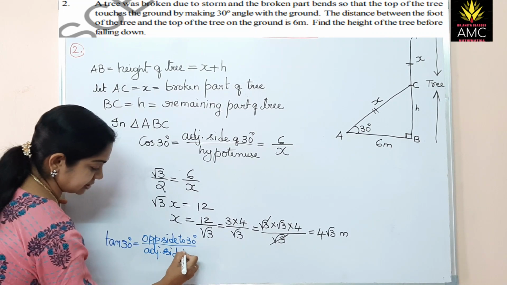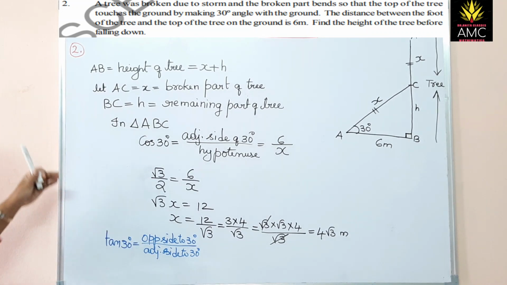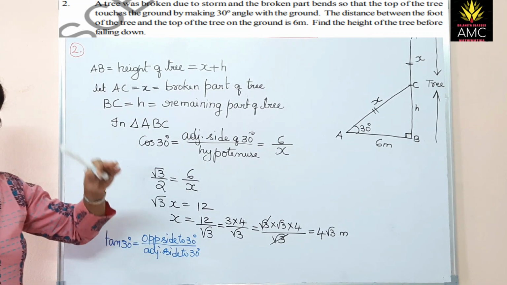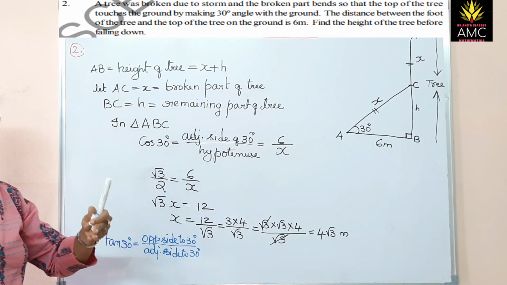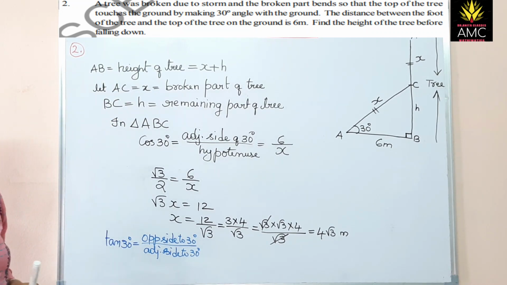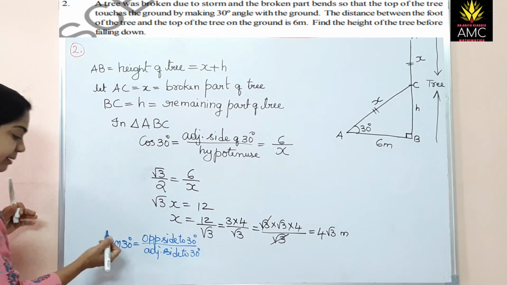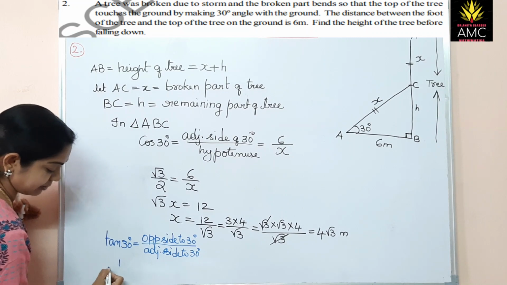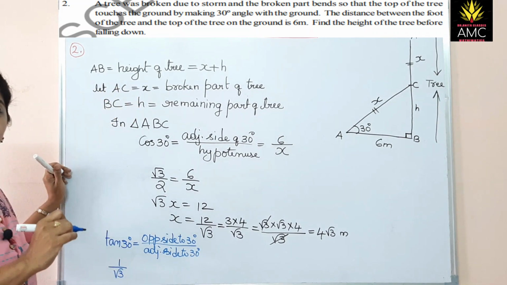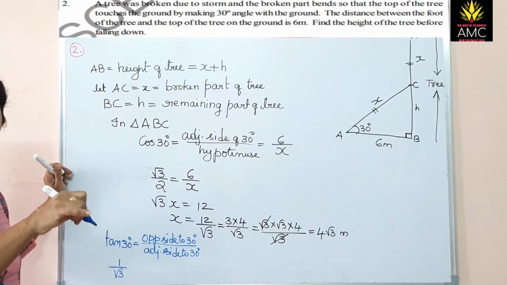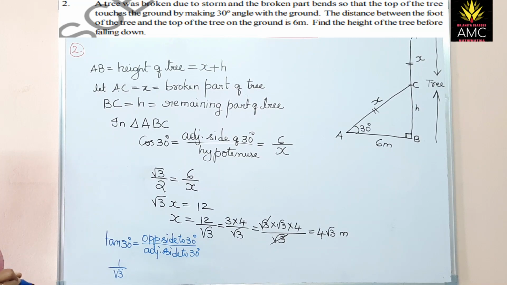Now here tan 30 degrees, you can write as sine 30 by cos 30. Cos 30 is again sine 60. Sine 30 is 1 by 2, over root 3 by 2. Cancel off 2 and 2, you get 1 by root 3. Like that you can do it in the rough part. Or else you can remember tan 30 is just 1 by root 3. If you don't remember, write it as sine 30 by cos 30, again write cos 30 in the form of sine 60. So place the values of sine, and if you cancel off, you get 1 by root 3.